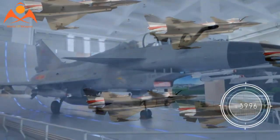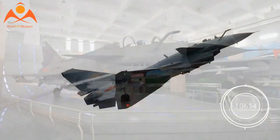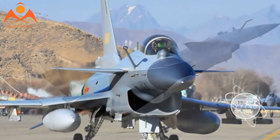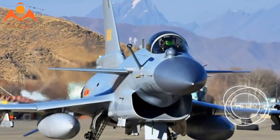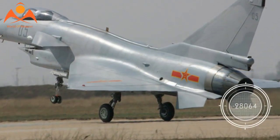The engine also appears to have sawtooth edges, according to Defense News, and the bottom part of the compartment that houses the fighter's drogue parachute removed. The new nozzle will enable the J-10 to be capable of thrust vectoring, sometimes referred to as thrust vector control